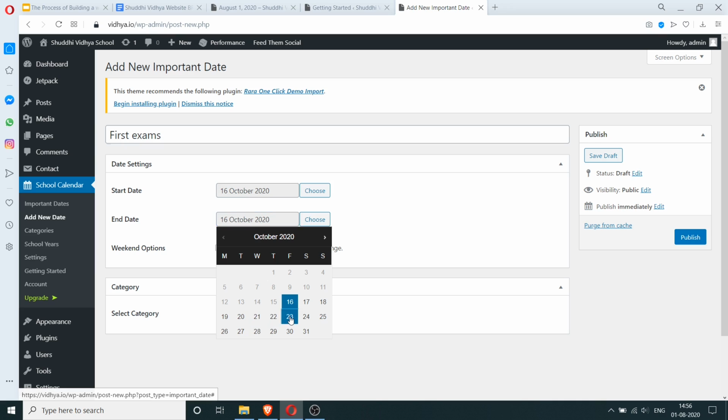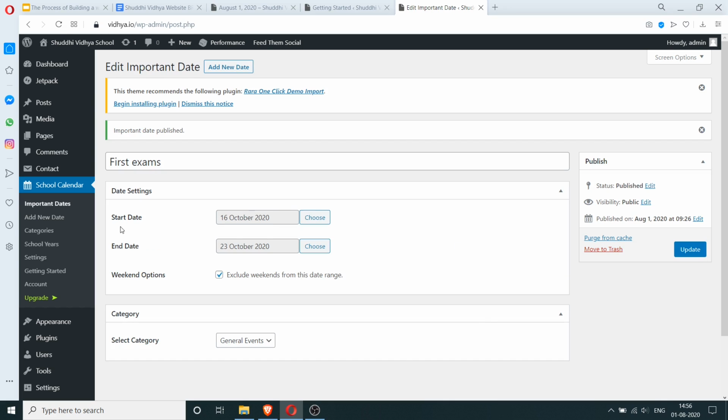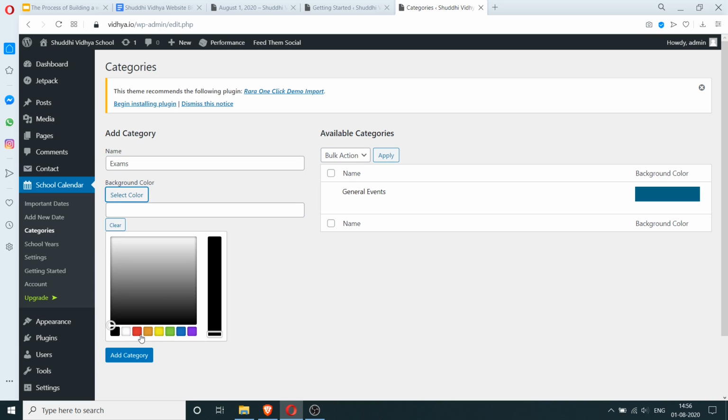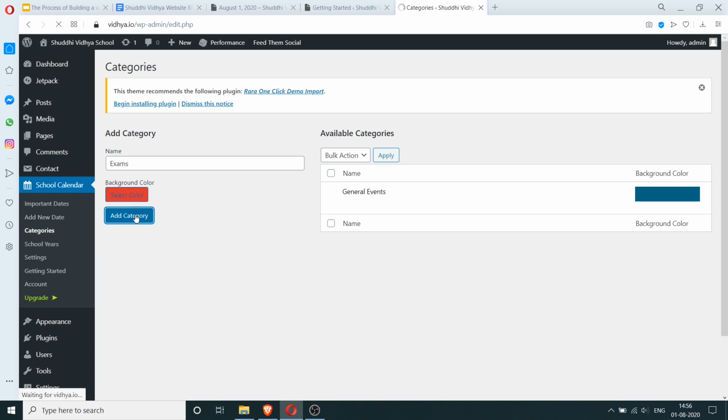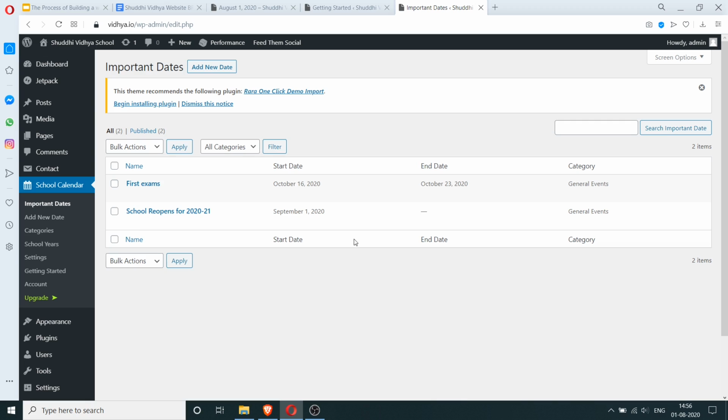And this is for one whole week. Let's add some categories. And go to the important dates and change the category on this one.